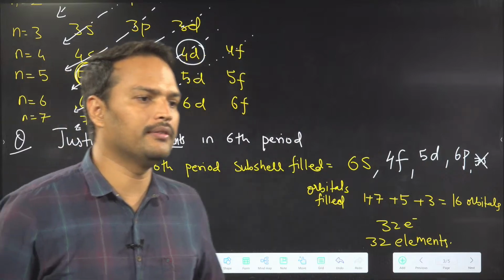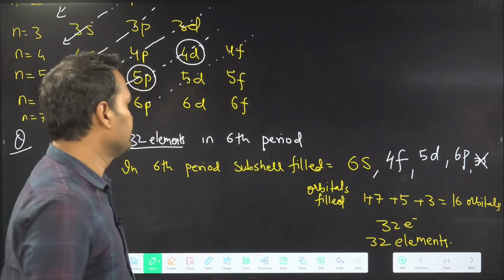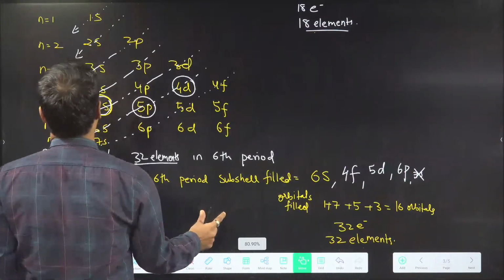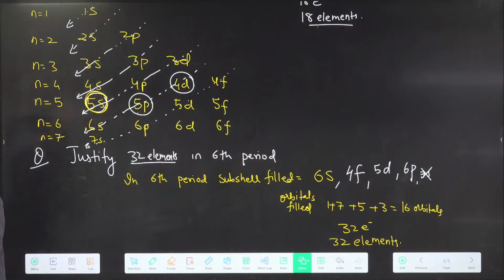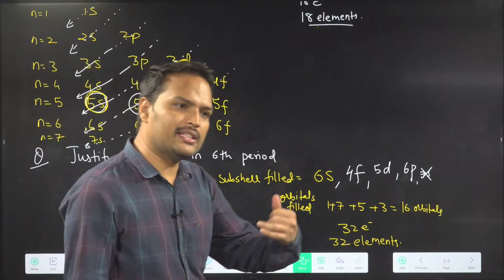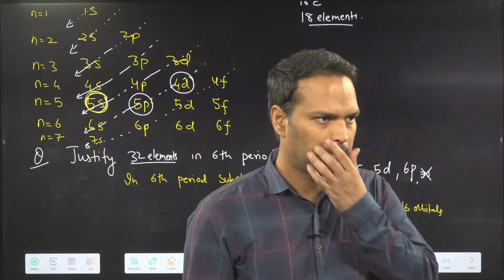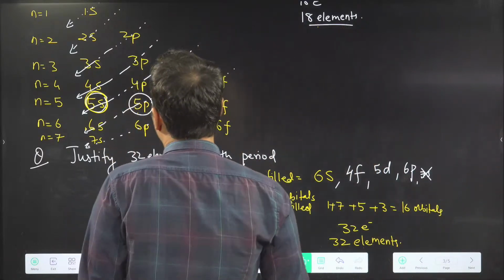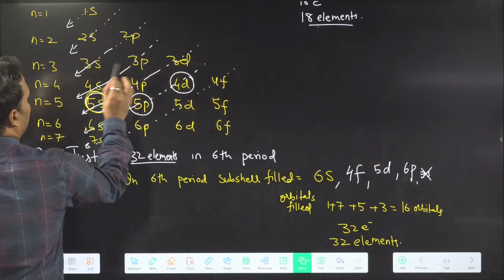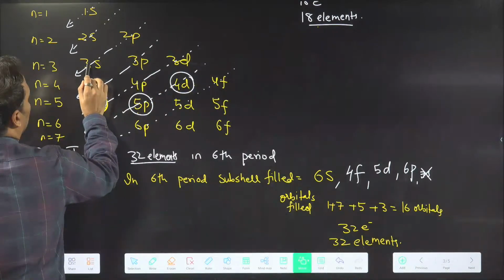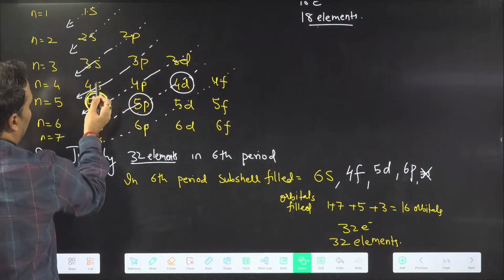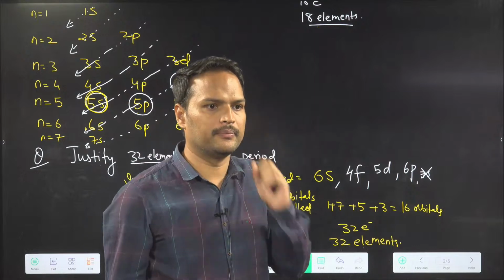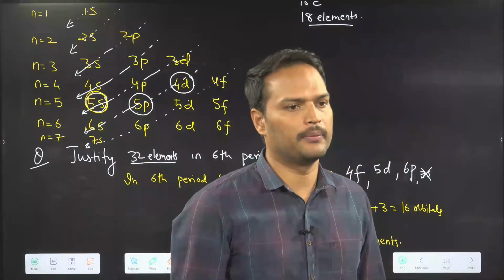So is this clear to everyone? Then you have understood these two questions. All these are from NCERT. So like this we can justify everything. If they ask you about the 3rd period, what will you say? 3s, 3p. I cannot write 4s. 3s, 3p. Clear? 8 elements only.